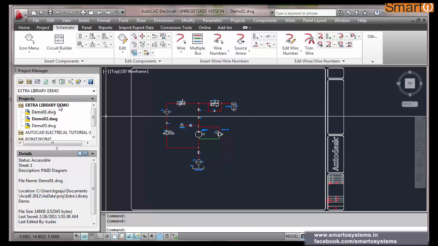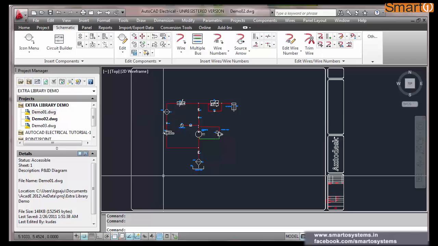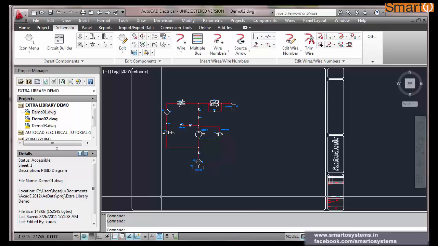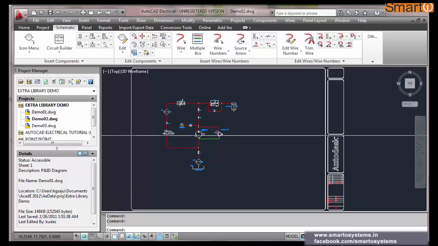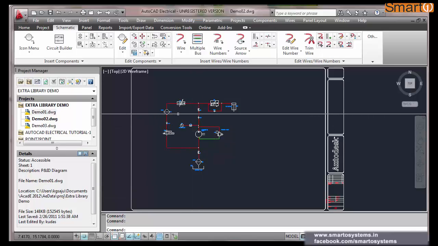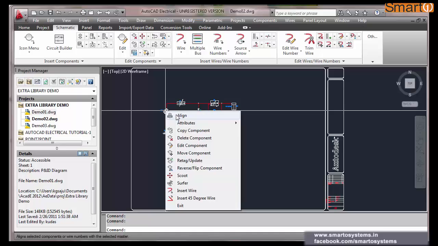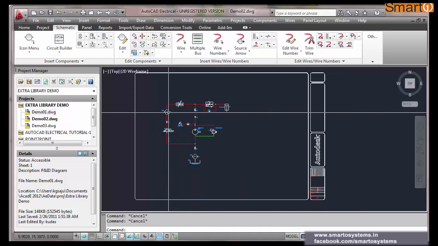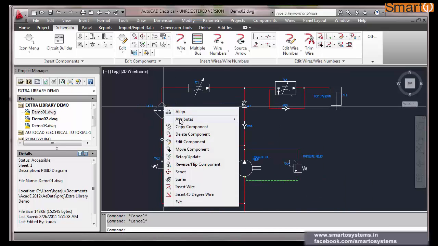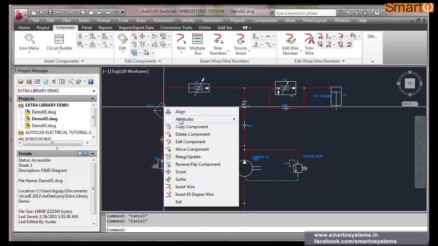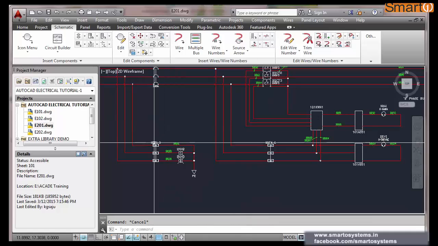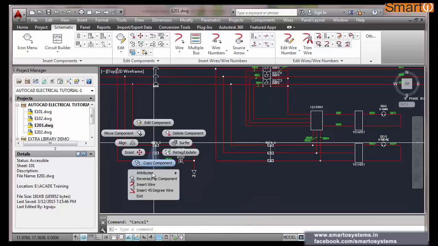So 2-3 things you have learned, I hope. How to make a project active, how to apply the commands through a command line, and the difference between lower versions and higher versions. The major one is, see, if you place the cursor over a component and right click, it will appear like this. Almost all options are available in this too, but in 2014 the style is a little bit different.